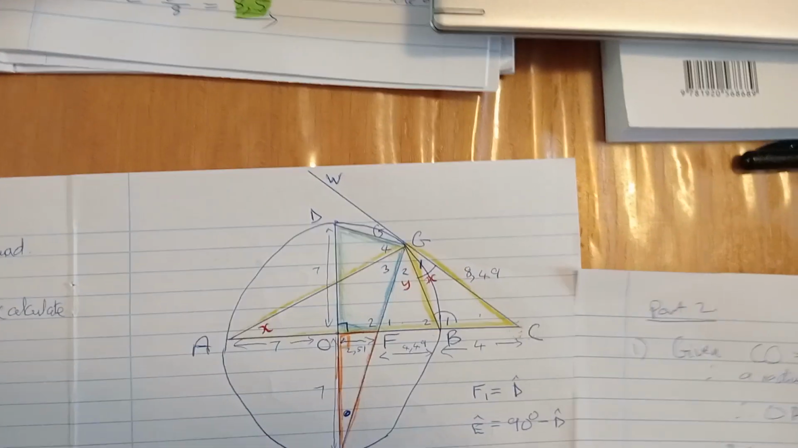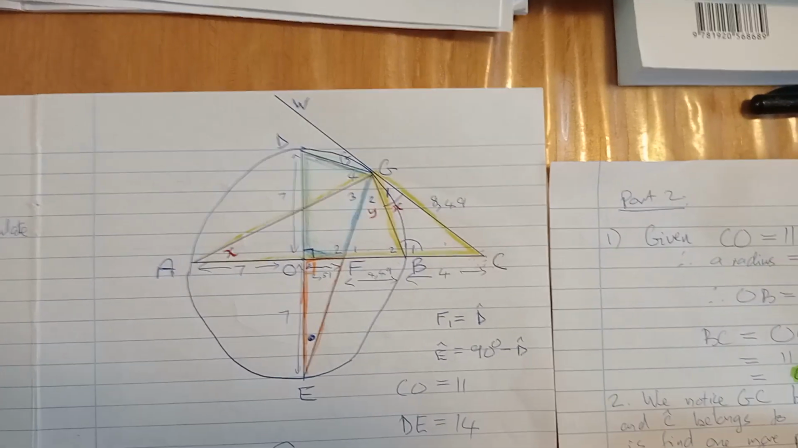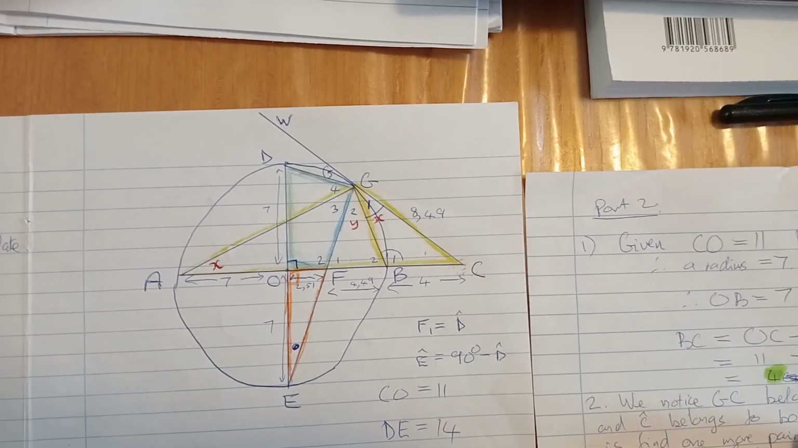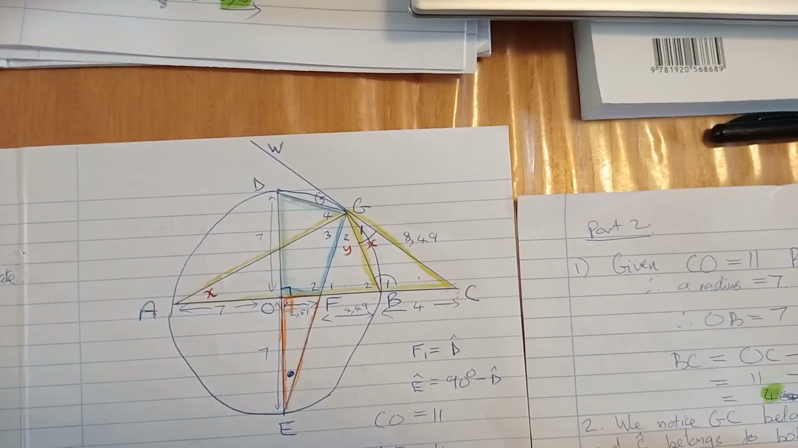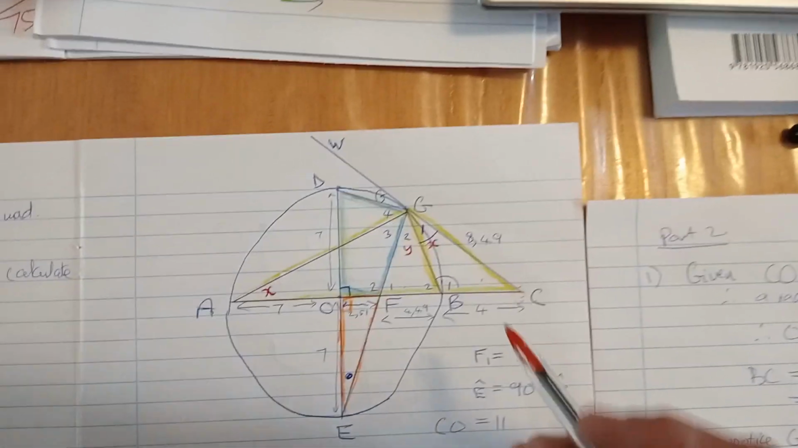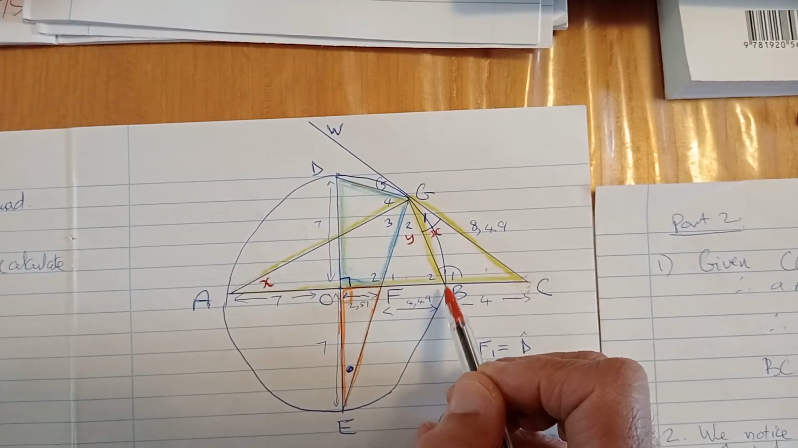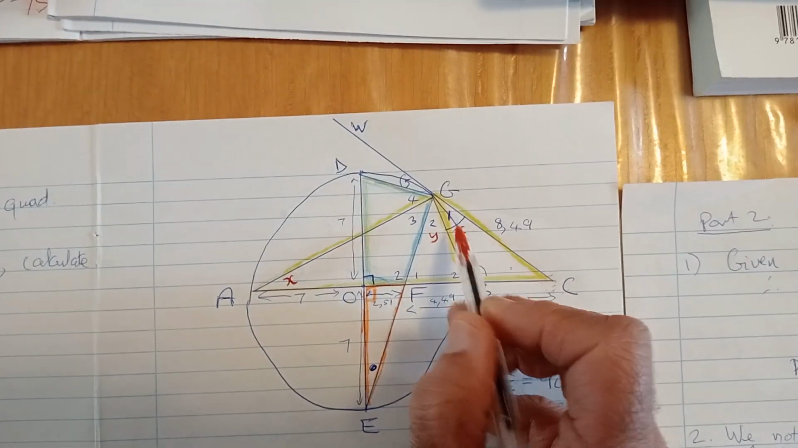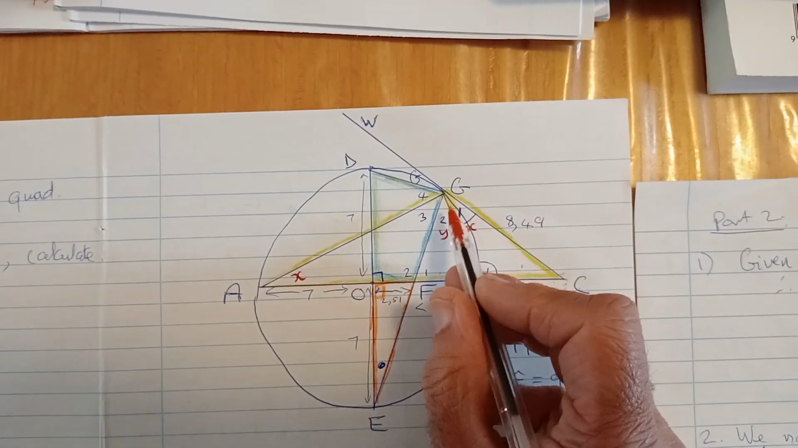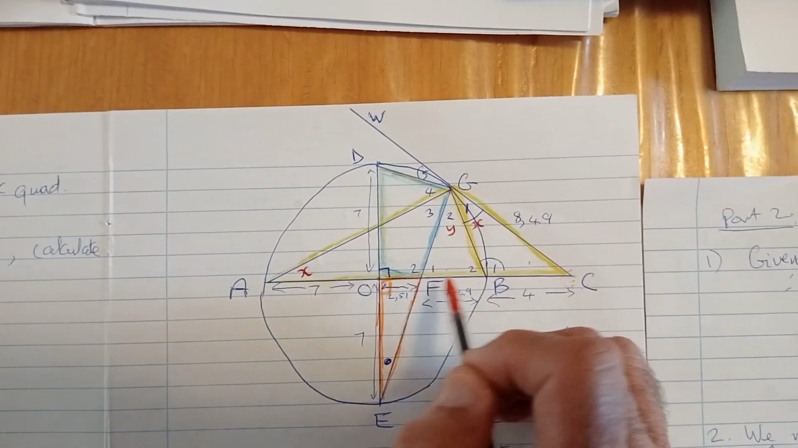In other words, we've got one pair of angles equal. If we can find another pair of angles equal, then we've got similar triangles. So let's just have a look at it. Angle BGC. There's the tangent. The angle between the tangent and the chord is equal to the angle in the alternate